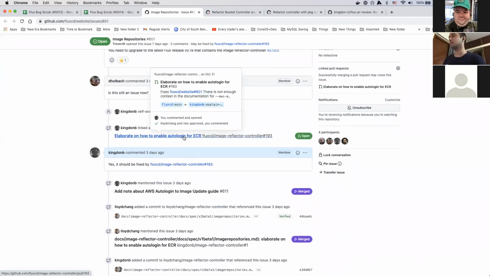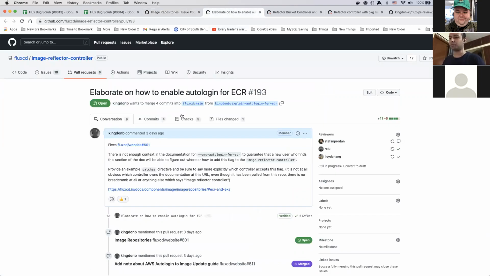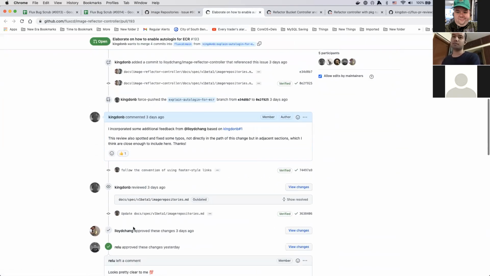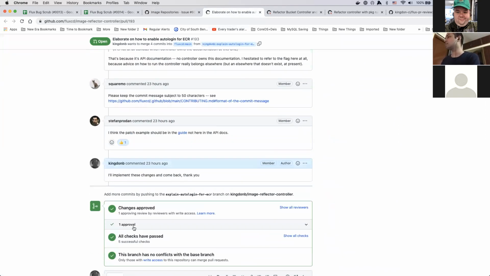This one. Does anyone have maintainer access or merge access to the image reflector controller? This one here, if you could give it a review, and actually I think it needs changes. Actually, it's already been reviewed. I have to come back and fix this. So